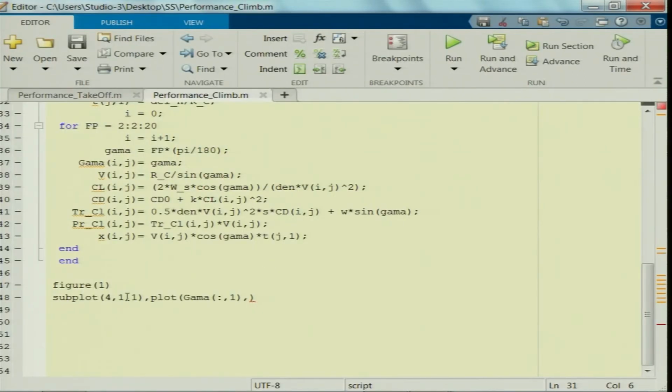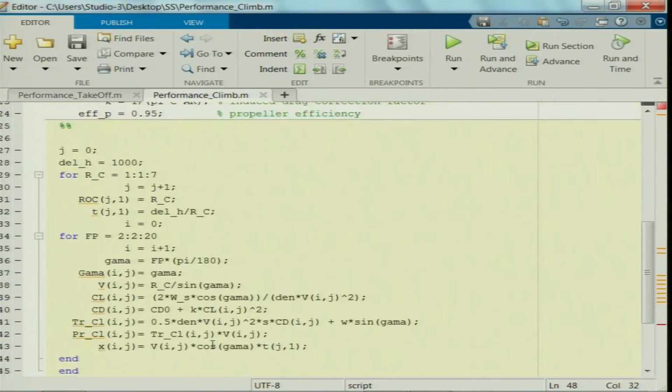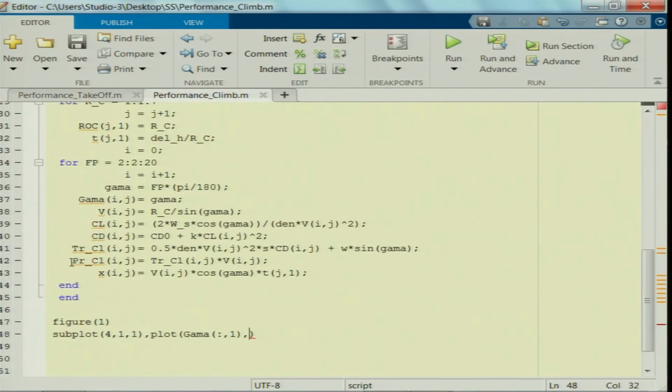Let me take subplot 4 comma 1 comma 1, gamma, and then what am I plotting? You can use a for loop, I am making it explicit here. I need to plot power required for climb, PR for climb, which is colon comma 1, the first column, and then I have 'K star'.